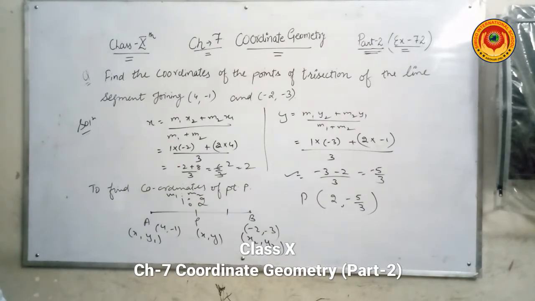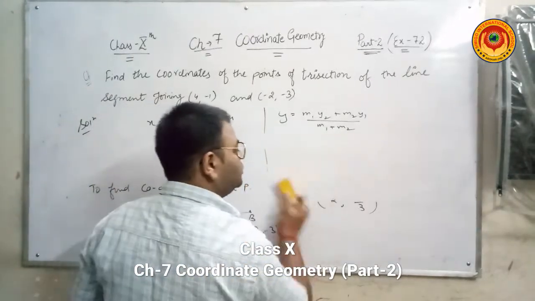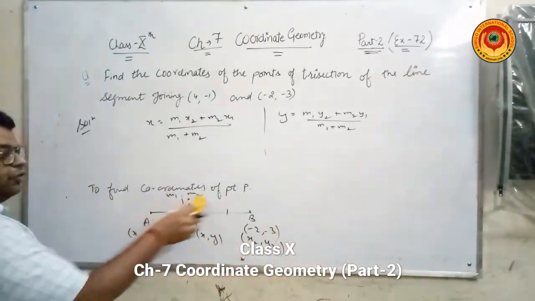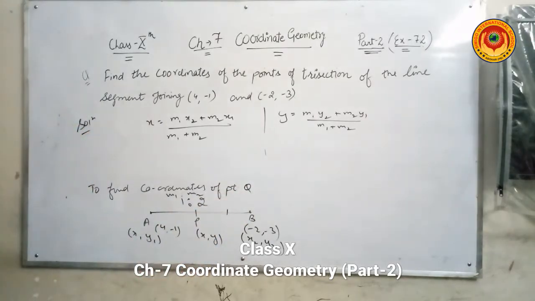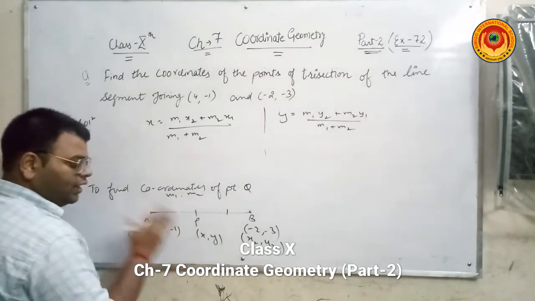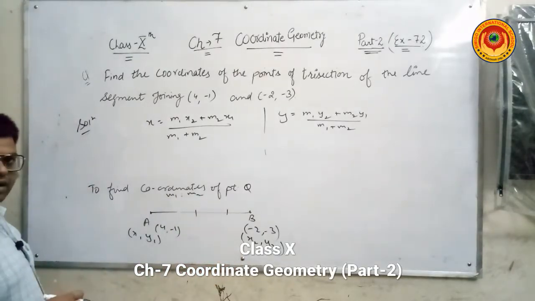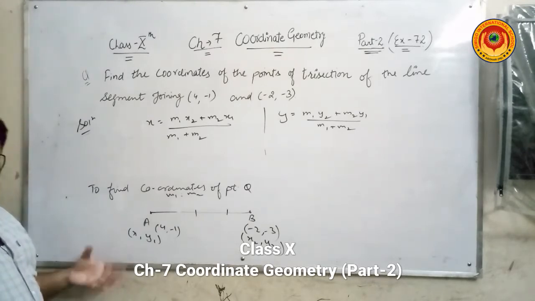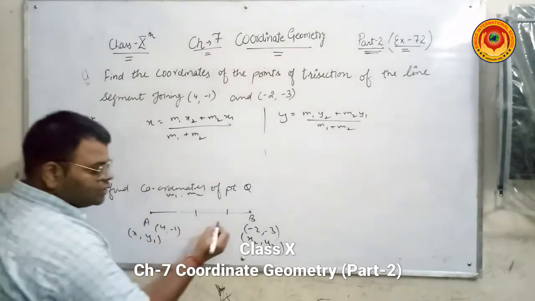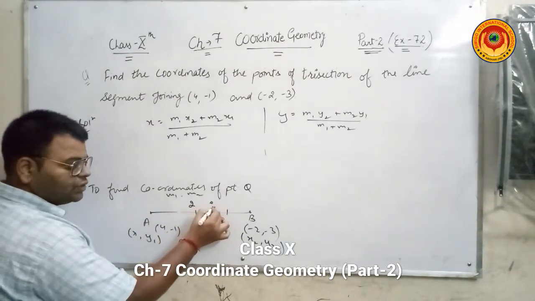Okay, so now again find out Q. Again draw a rough diagram. What you have to write to find the coordinates of point Q. Okay, draw a neat and clean diagram. You have to draw again. Okay, I have changed here because I am having an option, but if you write with the pen then no need. Then you have to draw again. Suppose it is your Q. See what's the ratio? 2:1.